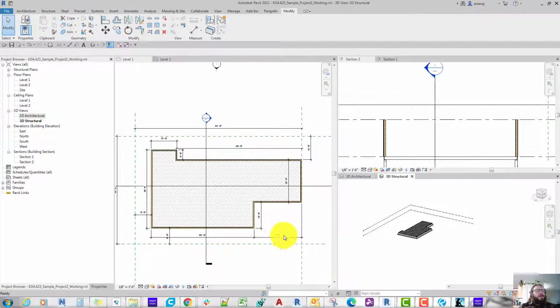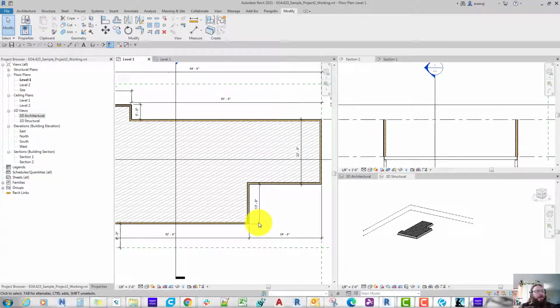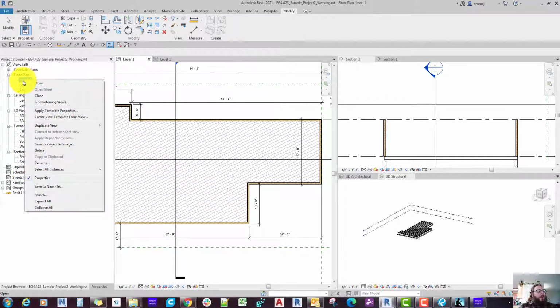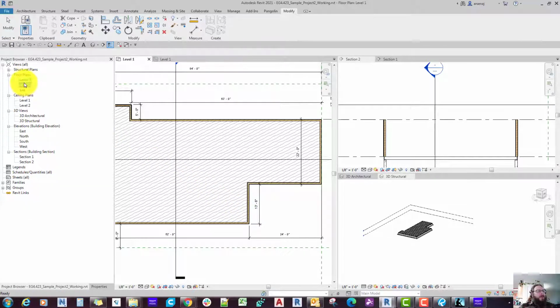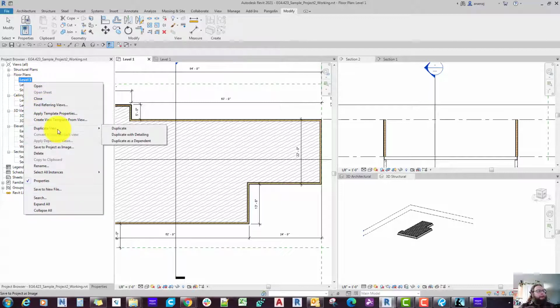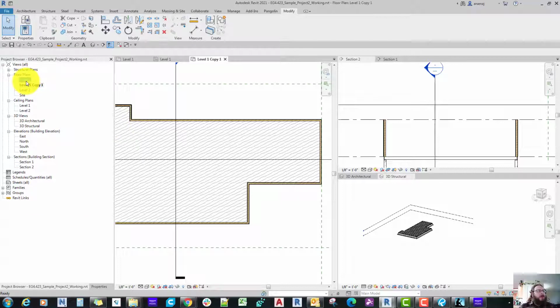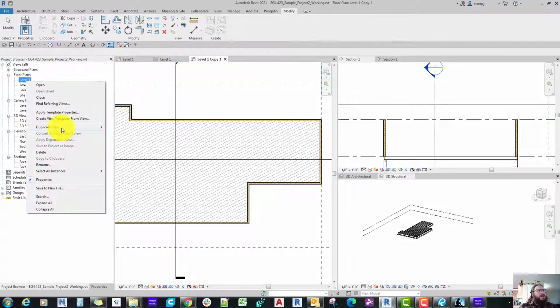that we've started, we have our layout dimensions. We can actually, let's just duplicate our level 1 floor plan so we can keep level 1 the same. And we can duplicate it without detailing. So you have two options when duplicating a plan. You can either duplicate with detailing, or duplicate as a dependent. If you duplicate as a dependent, it creates a